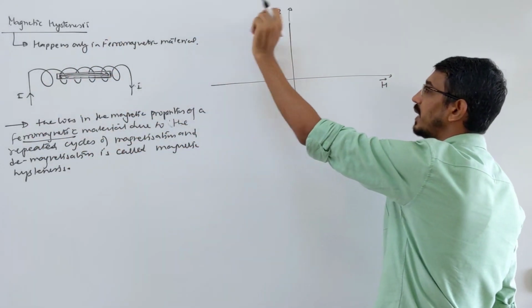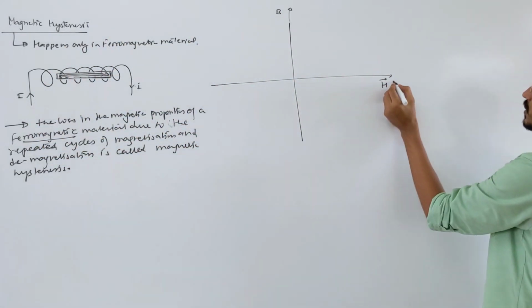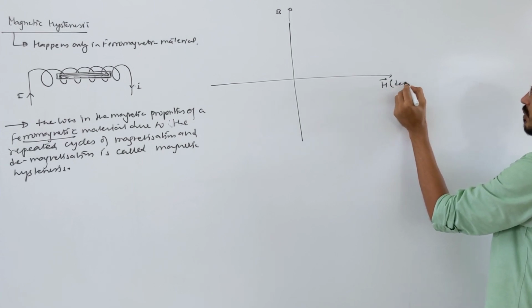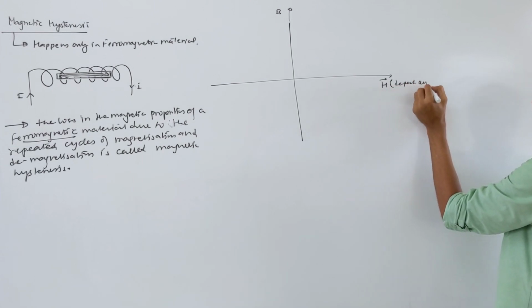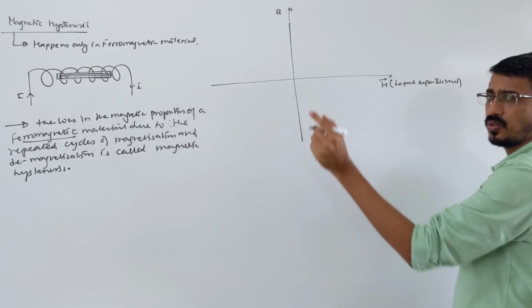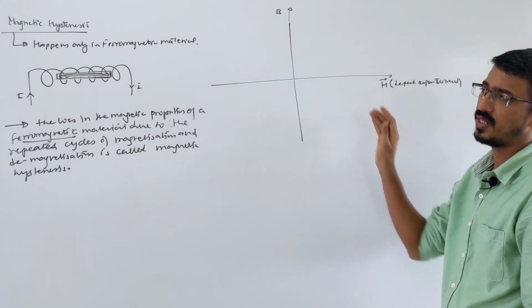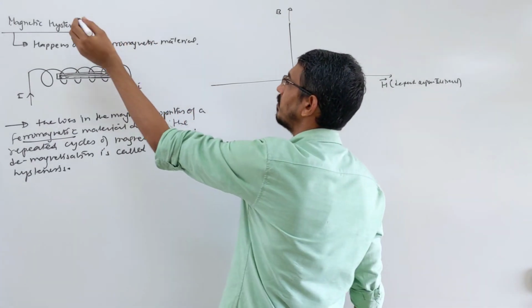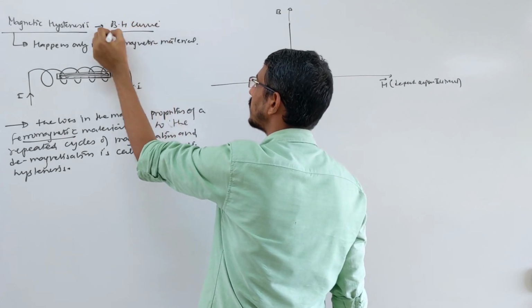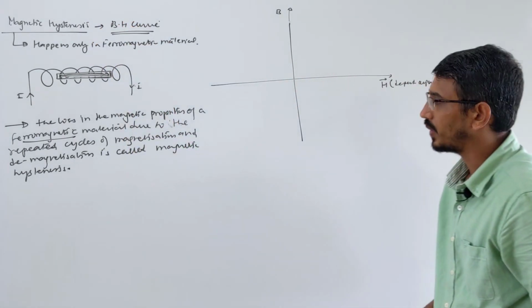Magnetic field is developed inside our bar magnet. Here you can call it current also. This directly depends on current. Here you can also write a current curve, that is okay, or write B and I. In general it is called the BH curve. The hysteresis curve is also called the BH curve.